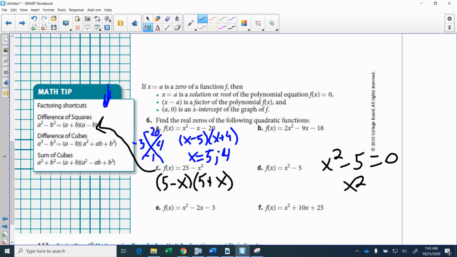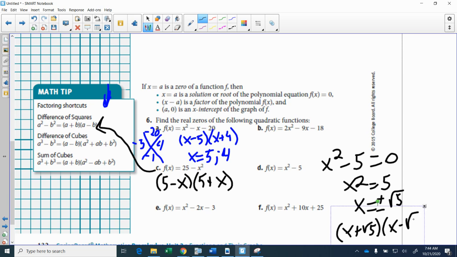This becomes x squared equals 5. Take the square root. This becomes x equals positive negative square root of 5. So my factored form of that would be x plus square root of 5, x minus square root of 5. Okay? So notice how really all I'm doing here is showing you different ways of factoring, things that I'm hoping that we're feeling very comfortable with because we've done so much of it up to this point in our